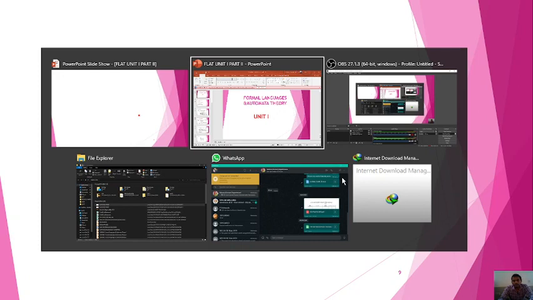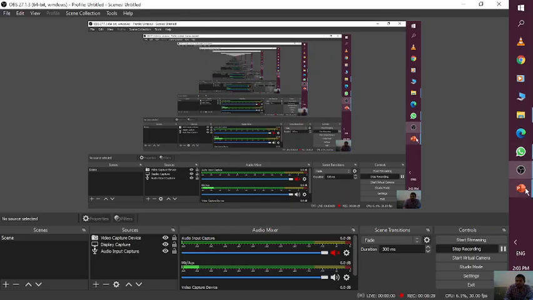In the next session, we can discuss some examples or some models for the deterministic